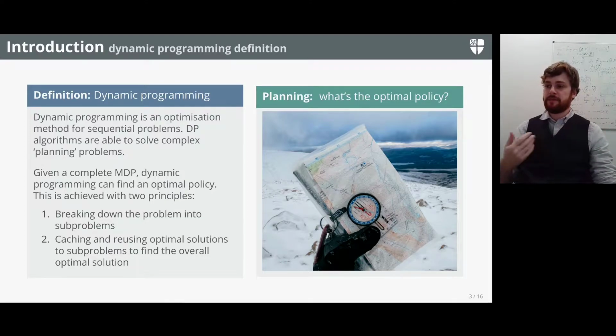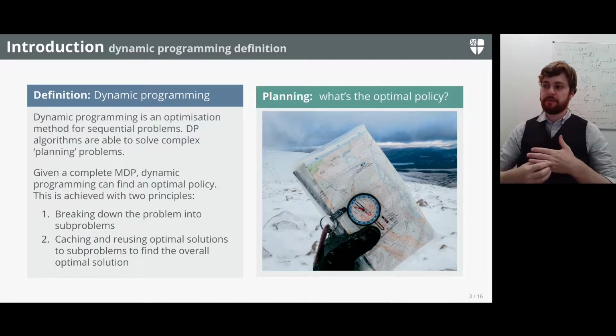There's some terrain along the way which is too hilly or too rocky. So some of the terrain is hazardous and there's some probability that the mountain climber will fall off and break their legs. But maybe there's a shortcut along the way which avoids that terrain. So basically the mountain hiker needs to solve this planning problem, and dynamic programming tells us how to